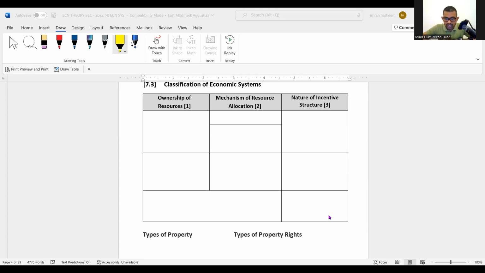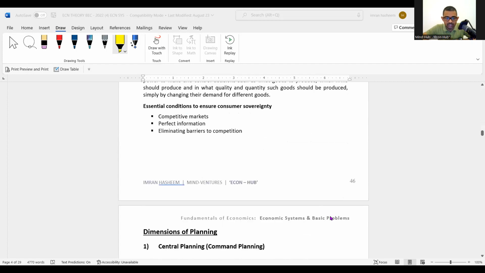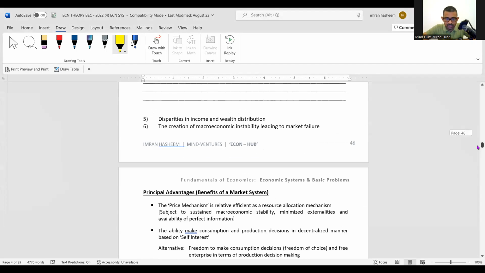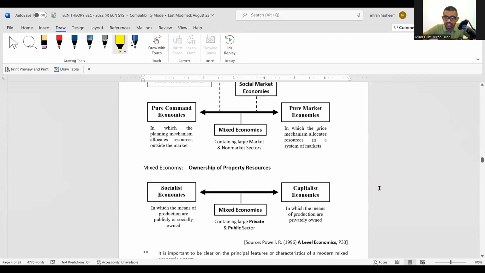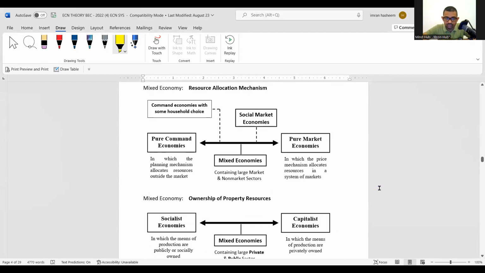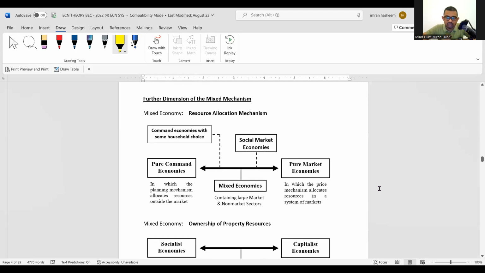Before we talk about incentives, since we were here, I quickly want to ask: anyone who has the study material can go to page 51, please, where you have this special note, mixed mechanism. Are you there? Can you tell me if you're there, please? Yes, sir. Okay. Good. So there you will find,